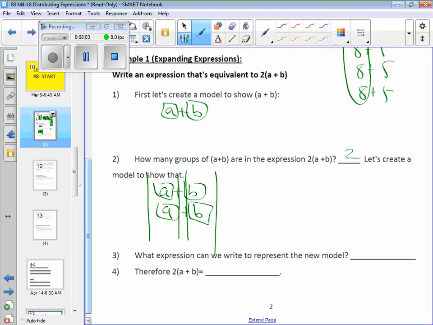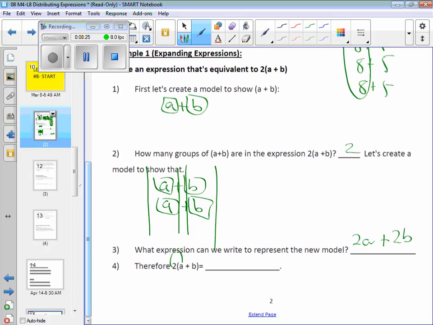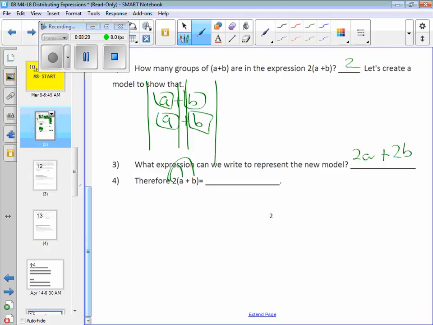Thorny, 1A plus 1A. 2A. Luke Soresco, 1B plus 1B. Therefore, if you use that little multiplication trick here, like I showed you back with the numbers, 2 times A is 2A, plus 2 times B is